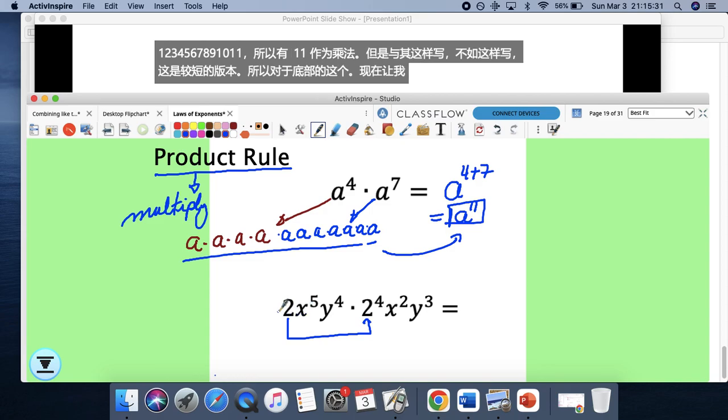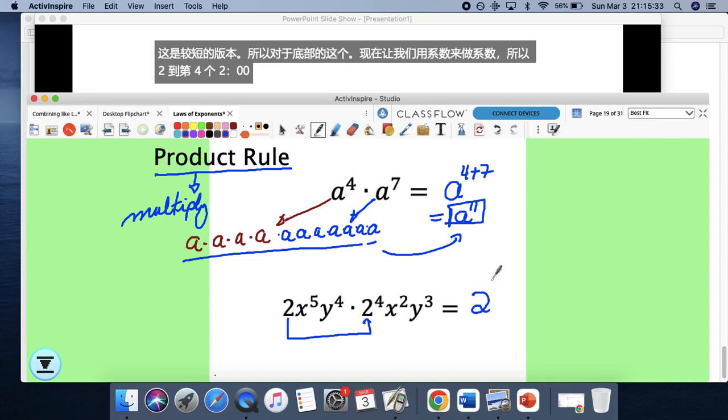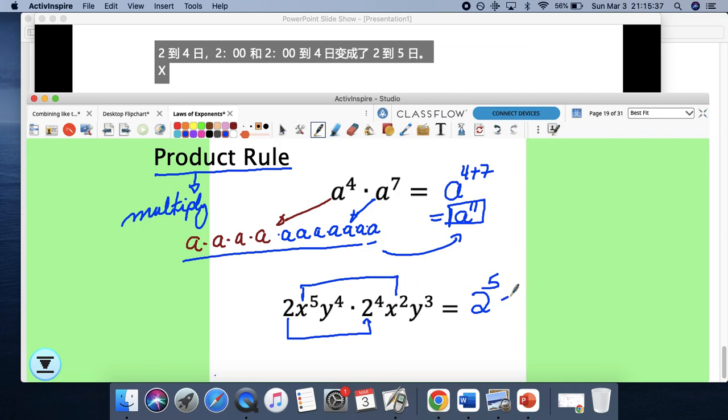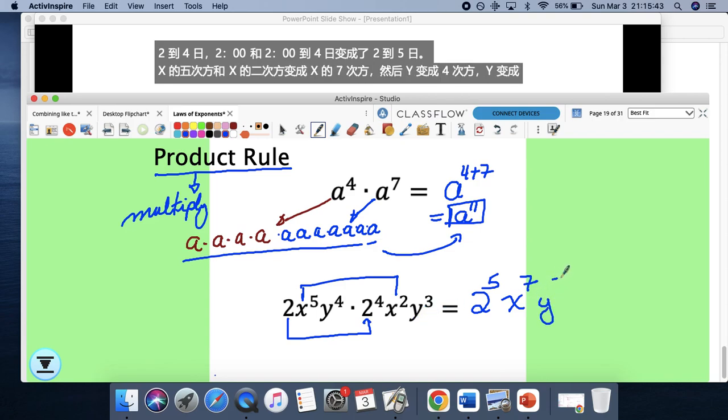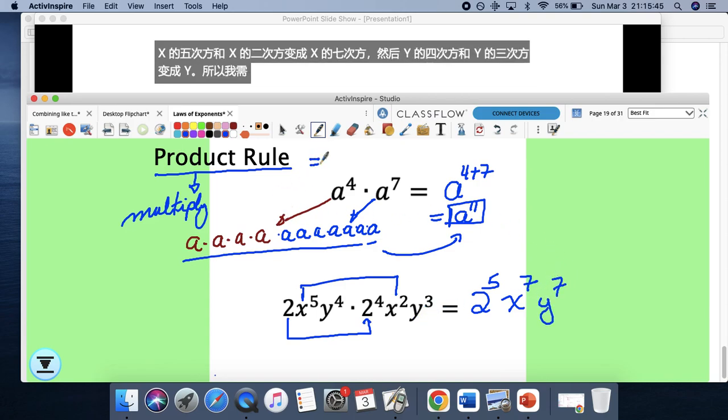So 2 to the 4th and 2 becomes 2 to the 5th. X to the 5th power and x to the 2nd power becomes x to the 7th power. And then y to the 4th power and y to the 3rd power becomes y to the 7th. So I need you to write that in the product rule. When you're multiplying